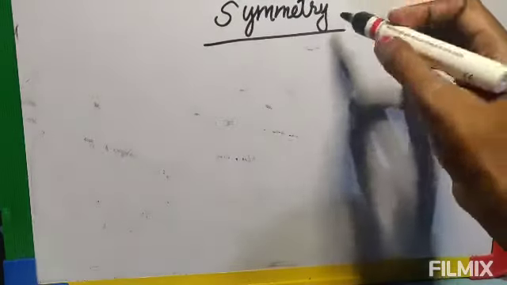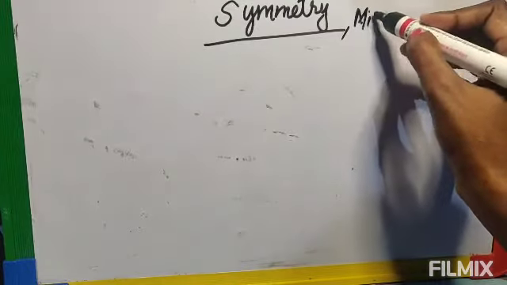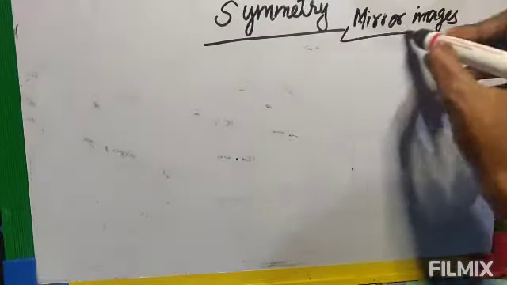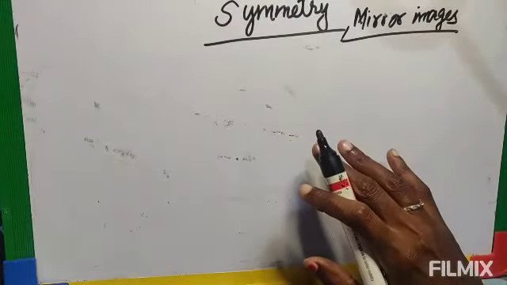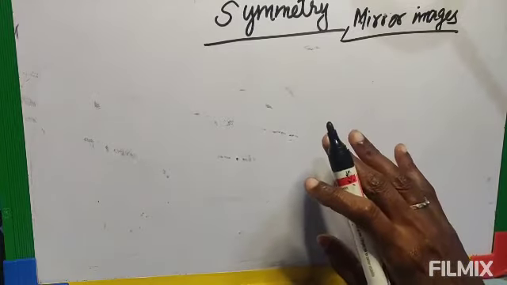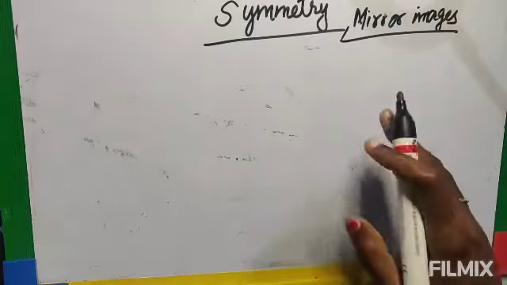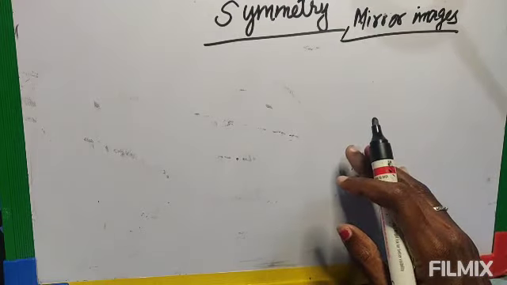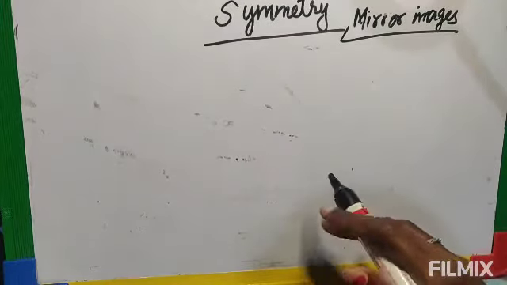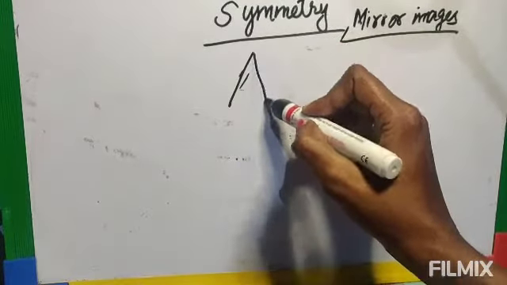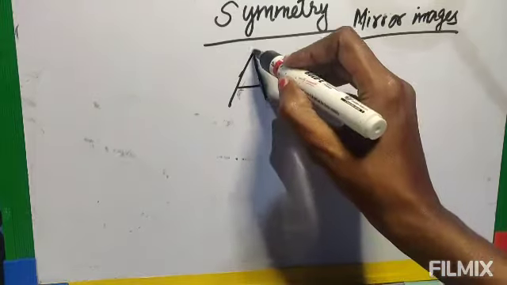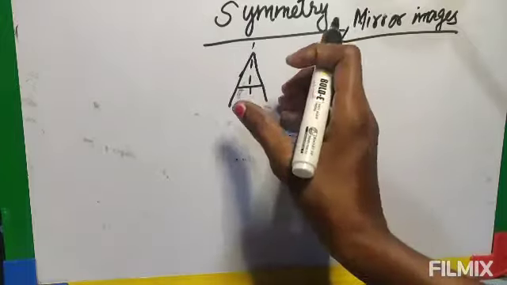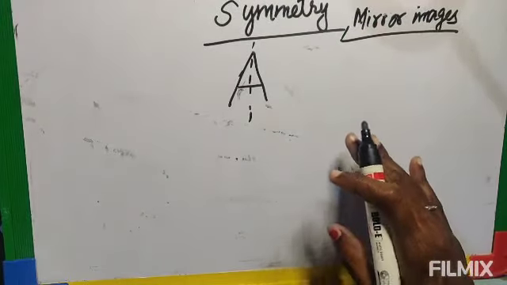Next we are going to learn symmetry and mirror image. Last day itself we have learned this a little deeper. I think you don't need much explanation here. Symmetry means some objects can be divided into 2 equal parts, and the 2 equal parts will be the same shape and same size. It is not that we are just dividing into 2 equal parts. Suppose you see here now A. If I cut A into 2 equal parts, here only I can cut like this. So this side and this side, right side and the left side, are the same size and the same shape. There is no difference.